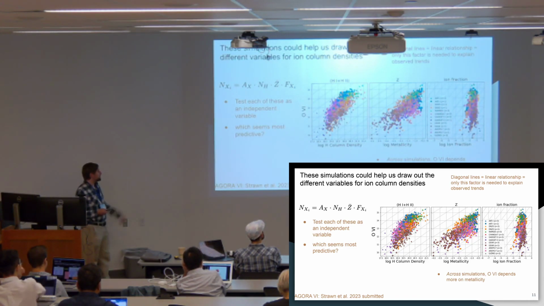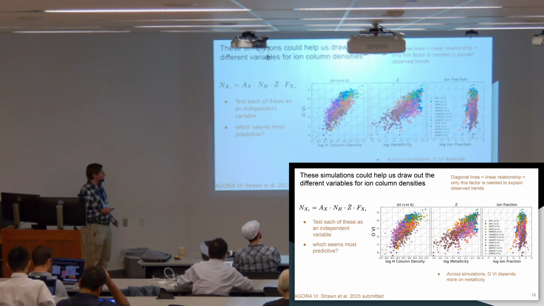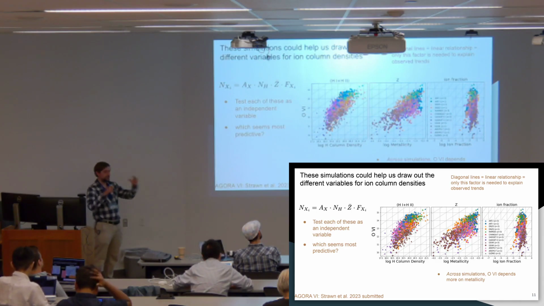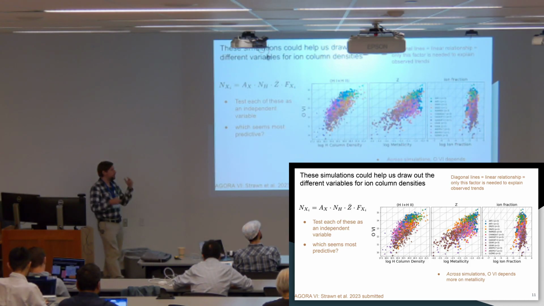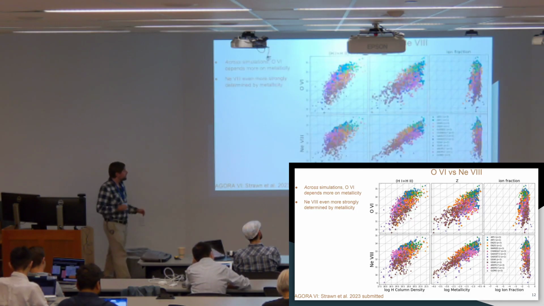And one thing that's interesting is that it matters which code you're using, right? You can see little patches of the different colors here. The blue on the right-hand side is ART. The brown on the left-hand side is GEAR. The orange is Enzo. Pink is AREPO. These are all in small, discrete regions. So they're filling out this space, but no one code is filling out this whole space. It's each individual code put together that fills out this metallicity space.